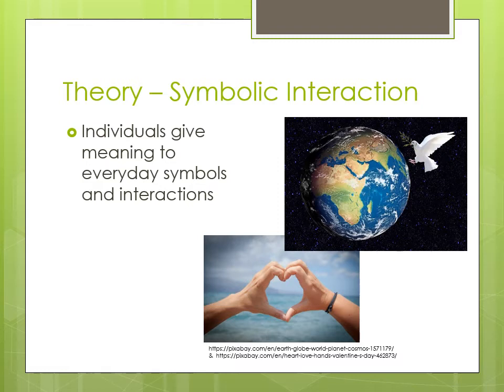Here we have two hands that are bent, their fingers are bent. And if you look at it, we might say, well, that represents a heart, that could represent love. So the fingers in and of themselves being bent like this don't necessarily have meaning until humans place meaning on these fingers and their being bent. And so symbolic interaction looks at the one-on-one interactions of human beings and how they interpret their world.